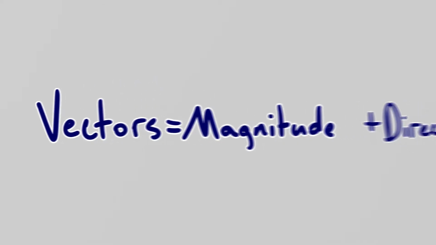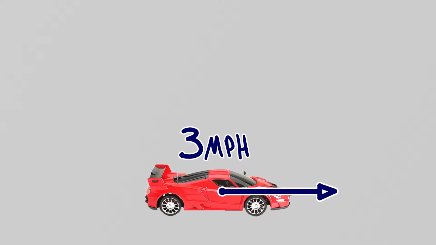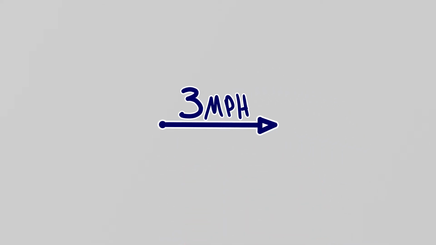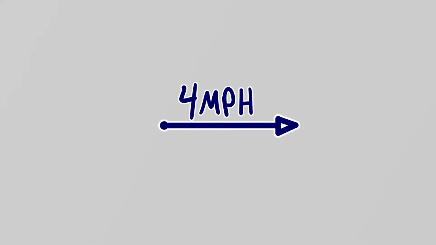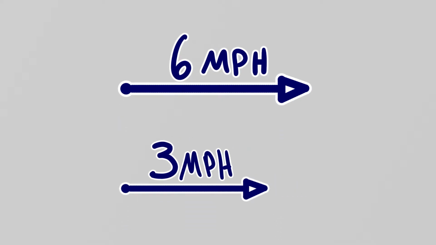Vectors are a little bit more interesting. Vectors are a magnitude and a direction. So, for example, something is traveling at 3 miles an hour in this direction, or whatever direction we are talking about. Most of the time, they're drawn as an arrow pointing in a direction and varying in size according to how big the value is. So, a 6 mile per hour vector compared to a 3 mile per hour vector will be bigger.